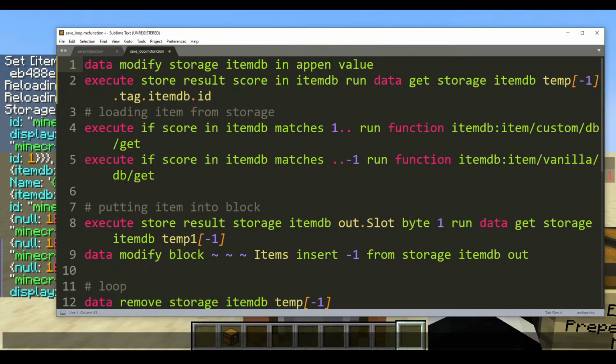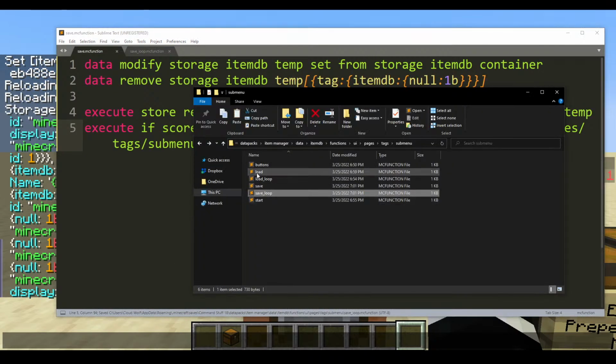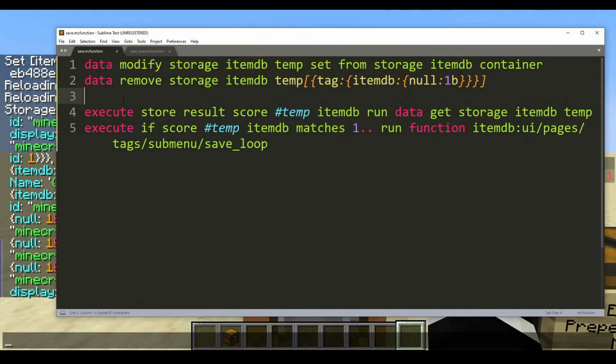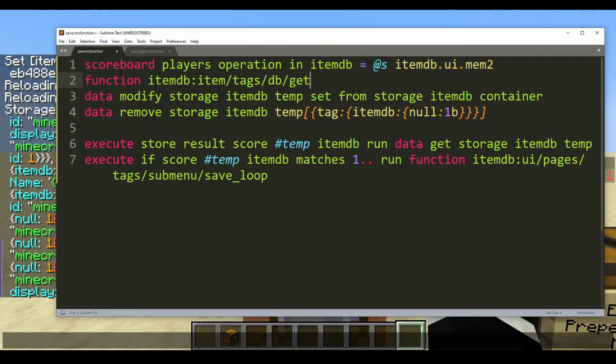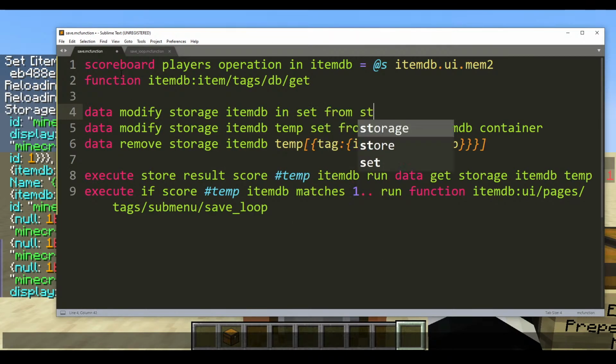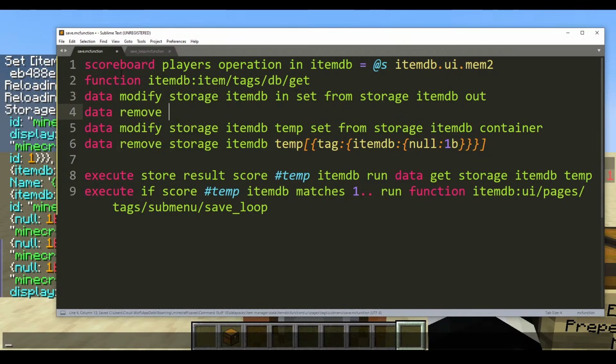Okay. I actually am going to need to do that stuff from before, actually. So we need to do this to grab our original and do data modify storage item db in set from storage item db out. So this will save our previous guy and do data remove storage item db in dot items and in,